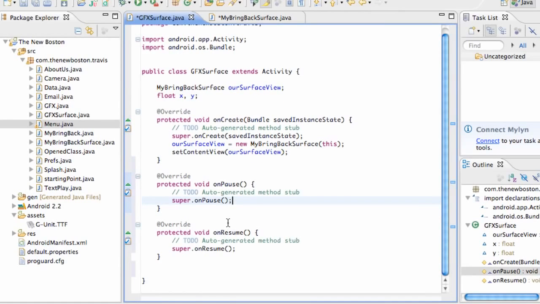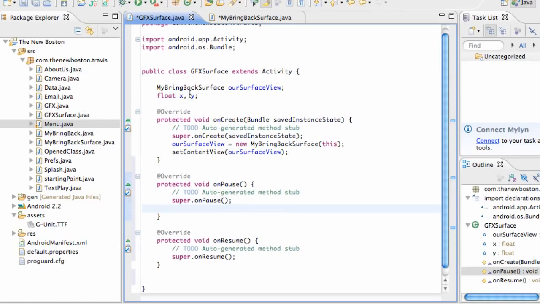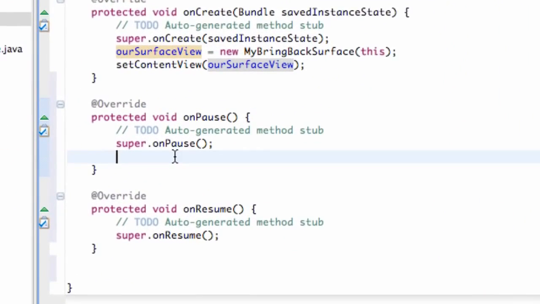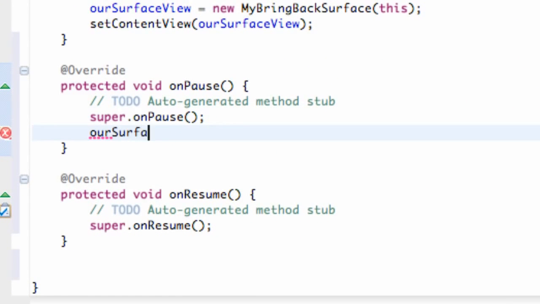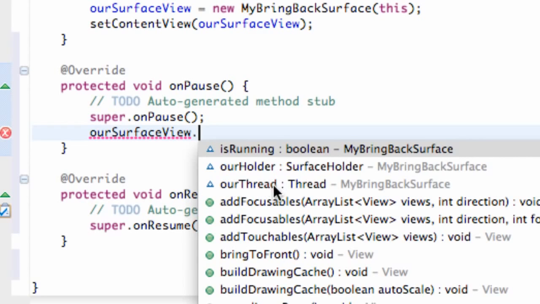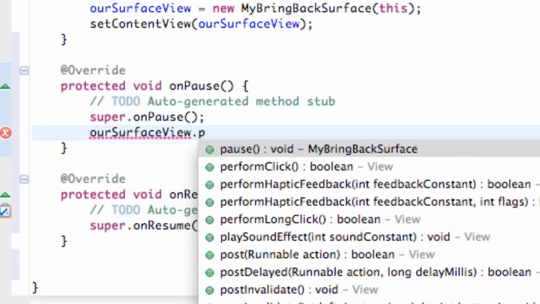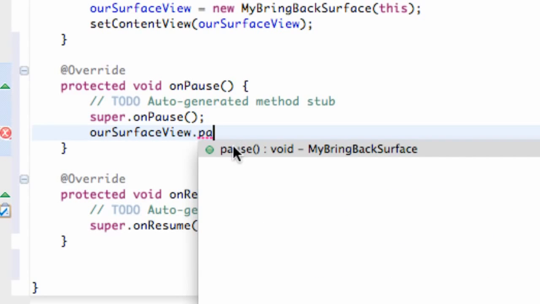So now we can also say, since we established our class, which is our thread, the My Bring Back surface, we can say our surface view dot, and we now have these methods that we can use, such as pause and resume